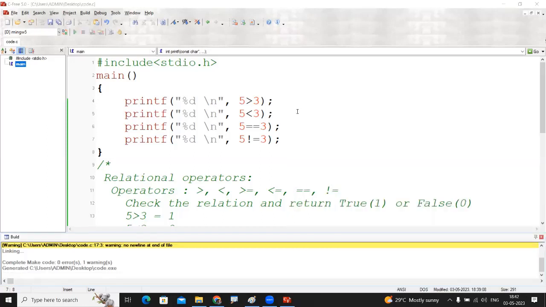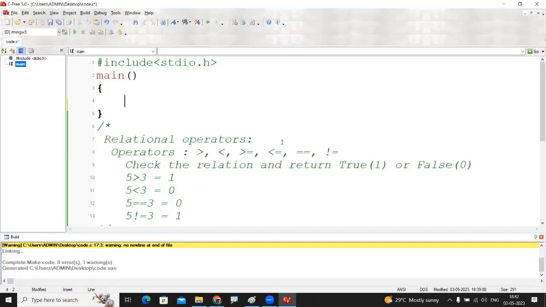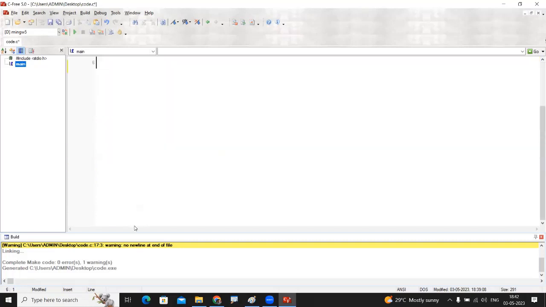Now first I want to read. The printf function is for printing, but I want to read. So the scanf function. How to read? Here, first I want to read an integer. I'm taking one number, n. I don't know the number, so I'm asking